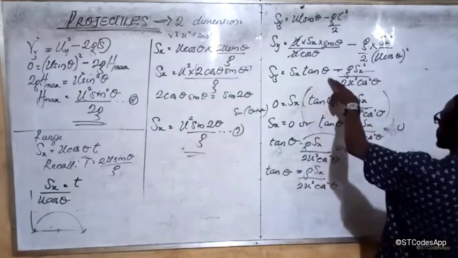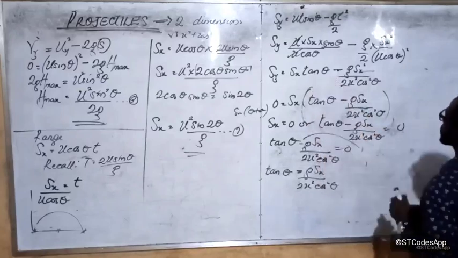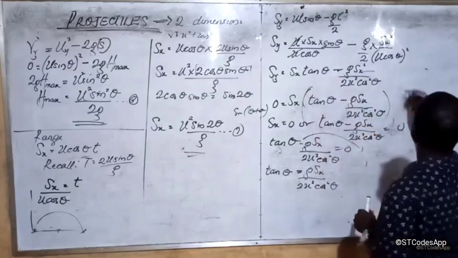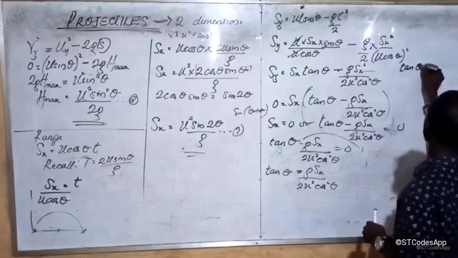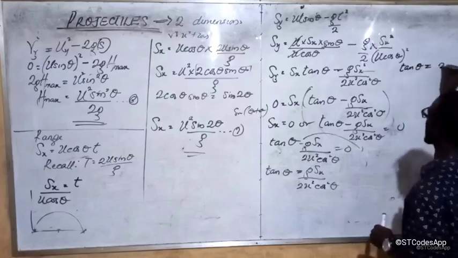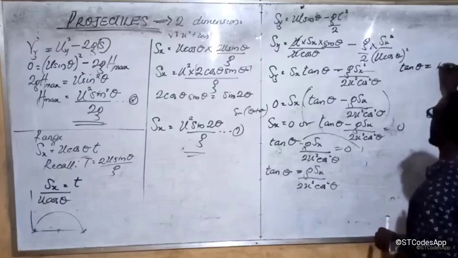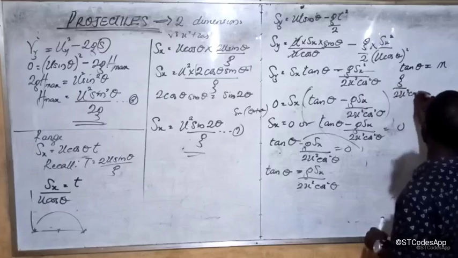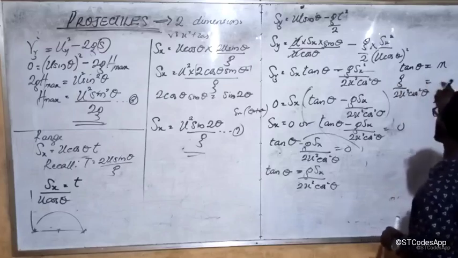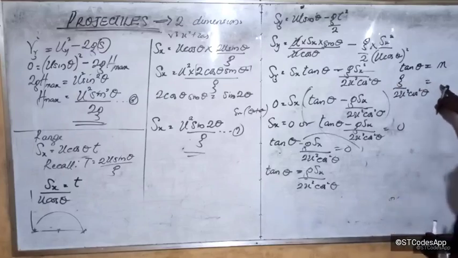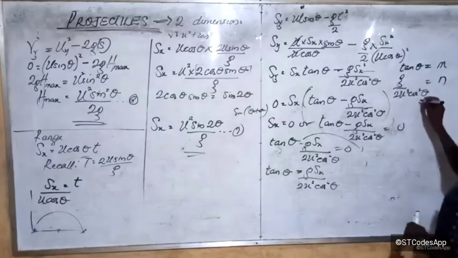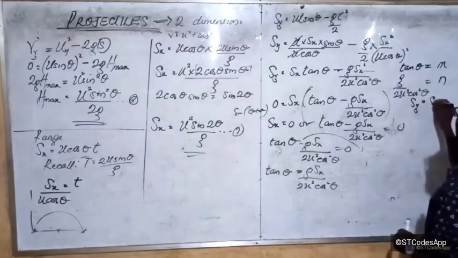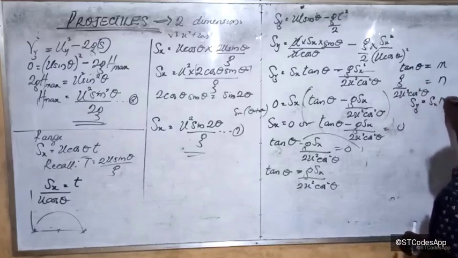Because if we make tan theta equal to, let's say, m, and we make g over 2u squared cos squared theta, n, then S of y will be equal to S of x times m, so that will be m S of x